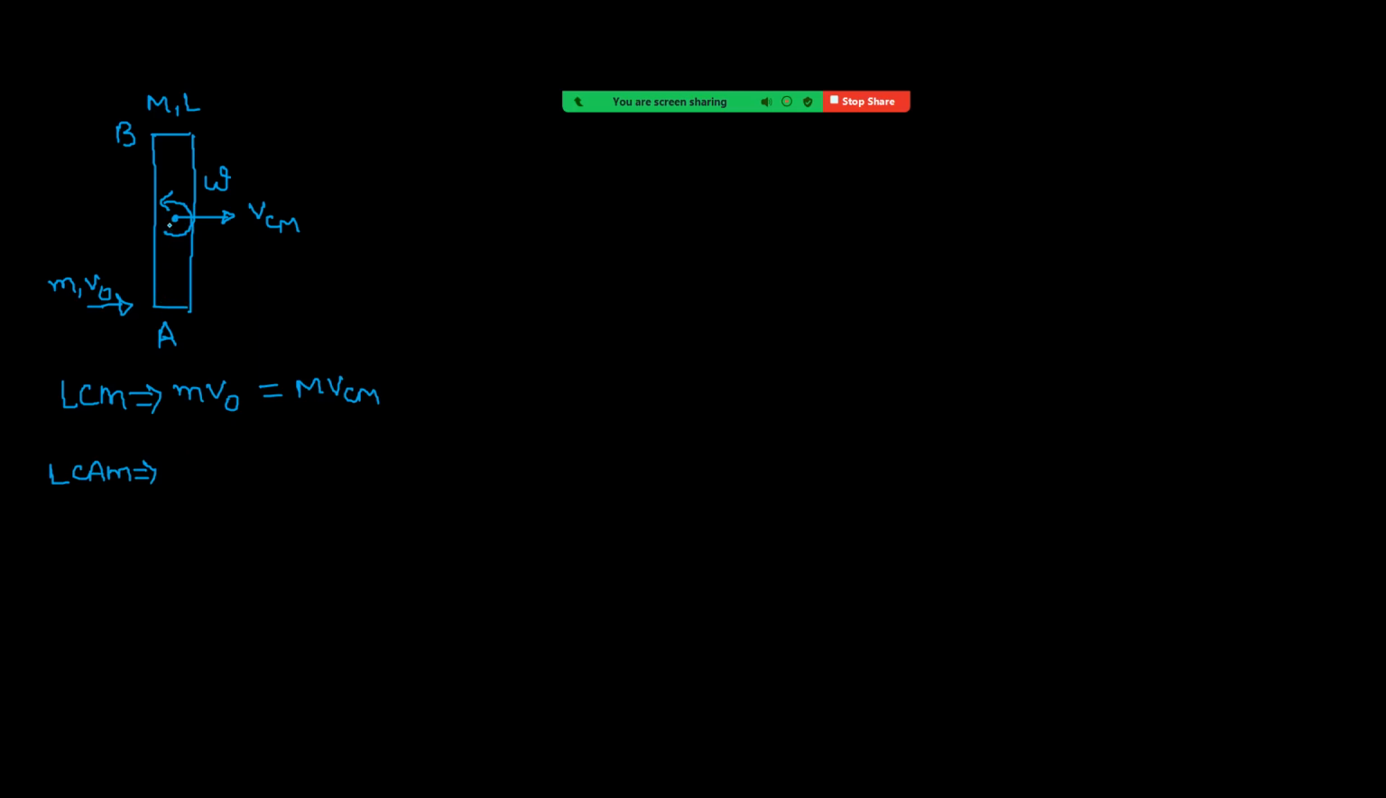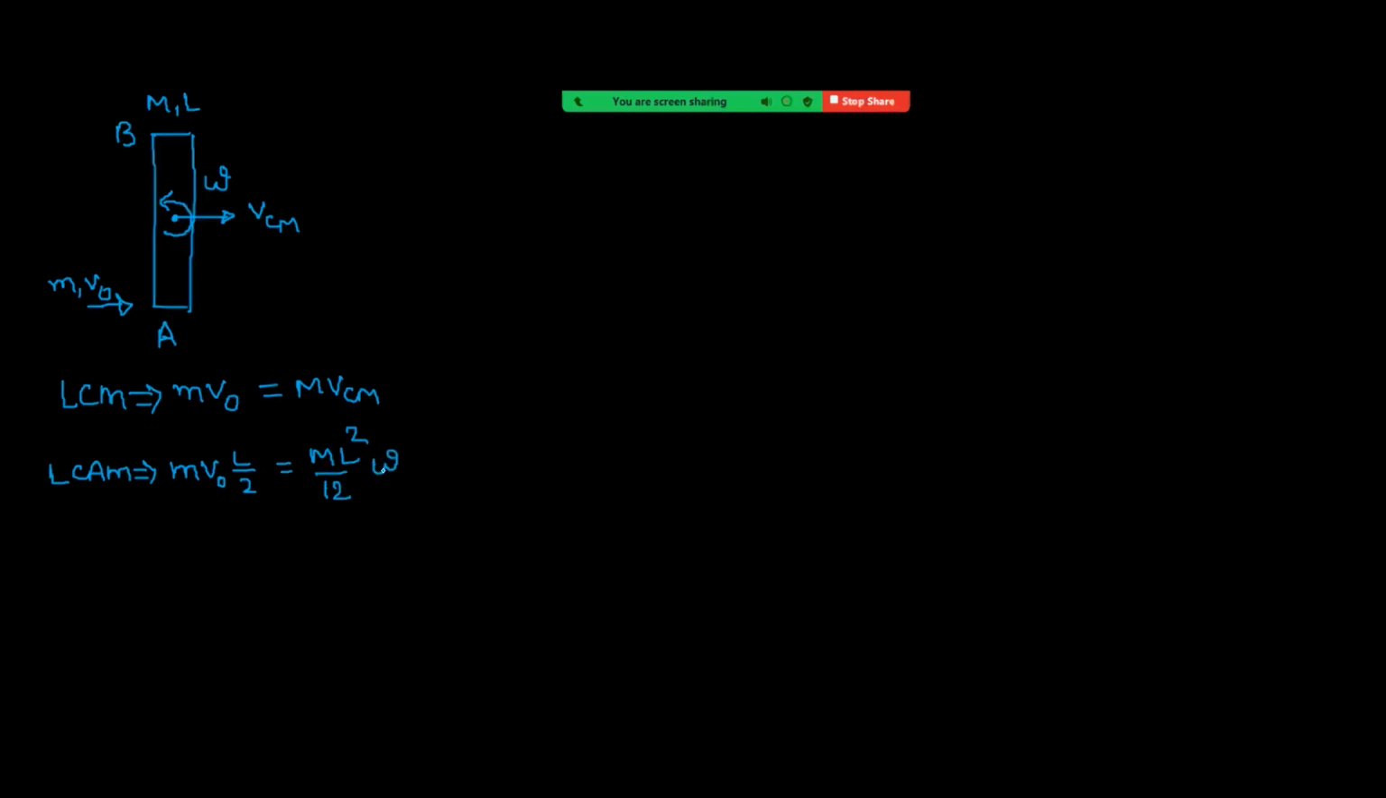See what I can write here. Since the rod is rotating about its center, we conserve angular momentum about the same axis. So it is m v naught L by 2. That is equal to, now the particle comes to rest, so we are taking about this axis, about the center of the rod. Because of translation, there is no angular momentum. It is only because of rotation. That is equal to I omega, and I value is M L square by 12,